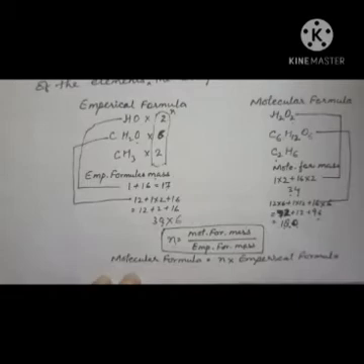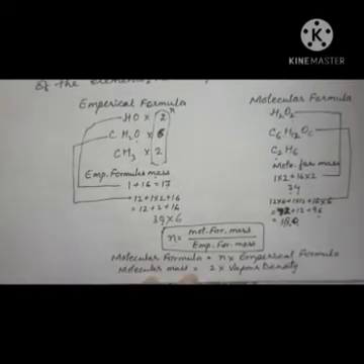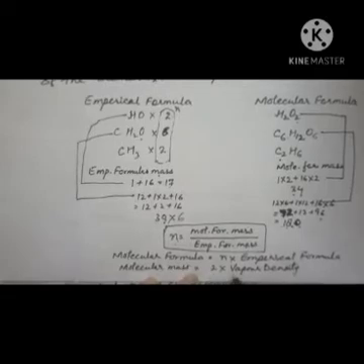Okay. So you have one formula: how will you find out n? Molecular formula mass divided by empirical formula mass. How will you find out the molecular formula? If the empirical formula is given, then molecular formula is equal to n into empirical formula. One more formula you have to learn: molecular mass is equal to 2 into vapor density. So you have three main formulas. If vapor density is given, then 2 into vapor density gives you the molecular mass.